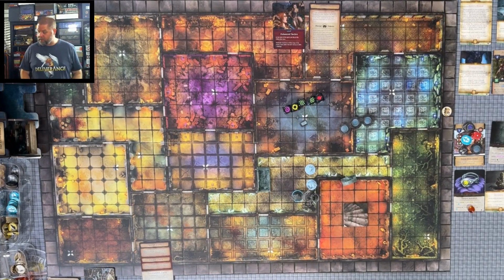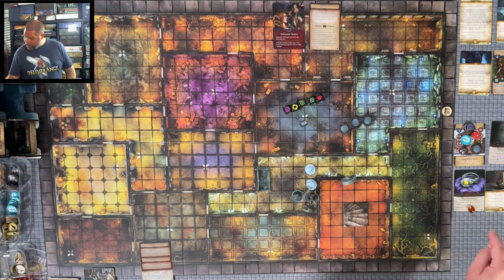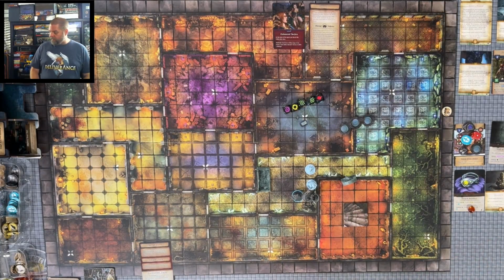Yeah, that's what we're going to do with that. And that is the end of that hero. Then we go to Willow. Now, if on the hero's turn there is no threat in their threat area, then they have to...